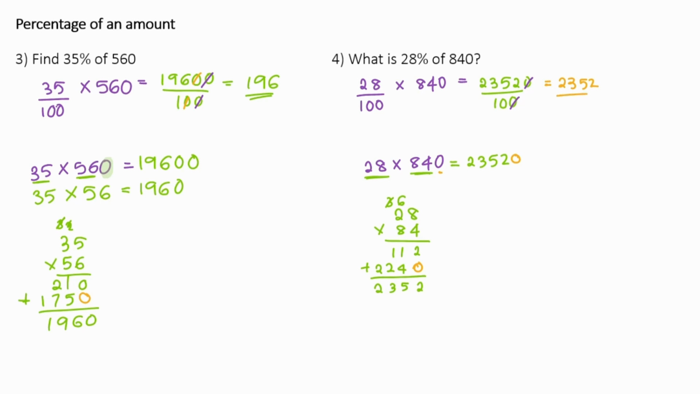2,352 over 10. Which means we are dividing the numerator by 10. And we know that when we are dividing by 10, that means we need to move our decimal place to the left 1 time. So my answer will therefore be